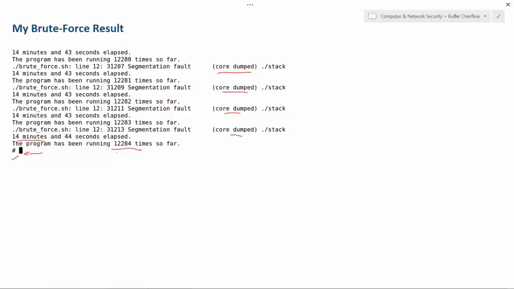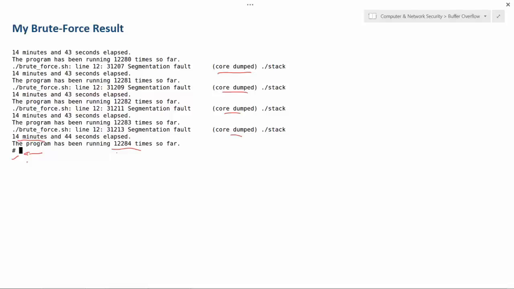We actually tried this in a workshop, and the results are very, very different. Some people, within 3 minutes, they get it. Some took a few hours and still didn't get it. So you have to bet on your luck, okay? When you do this, if it doesn't work, leave it overnight, go to sleep, and come back and you'll see whether you have it or not. Sometimes if after an hour you still don't get it, cancel it and do it again, because maybe it's just bad luck.